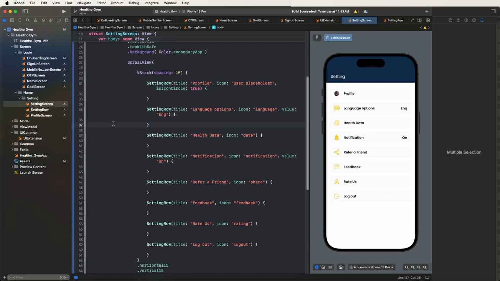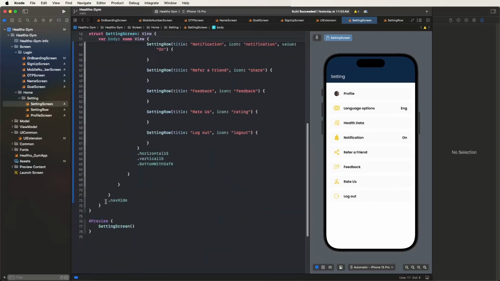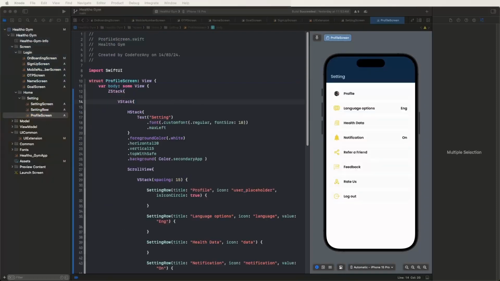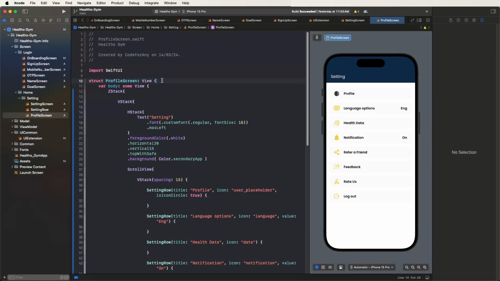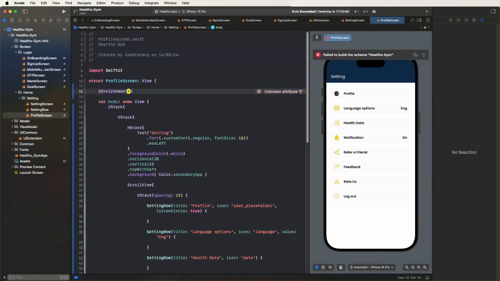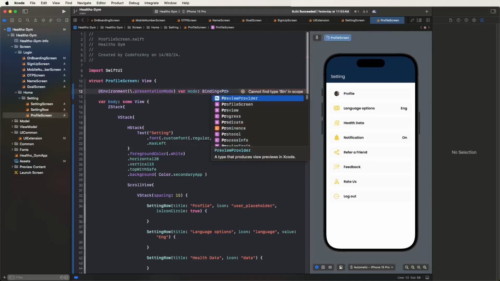Now same as, we need to create the profile screen, we need to develop here. First of all we need to copy the body of this, and now paste here and develop the profile screen. First of all need to set the app bar, we need to develop here. First of all need to declare the environment variable, because need to define the back button, need this environment value, the present mode, so variables are needed, and use this present mode, where mode is not equal to colons, and set the binding variable, and give this the present